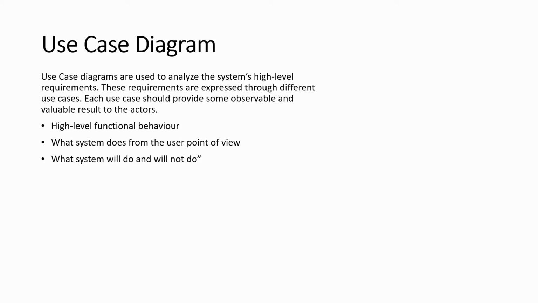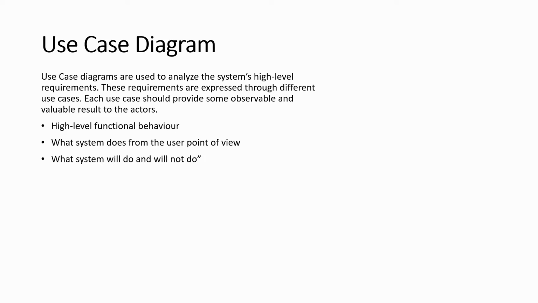So if we try to make a use case diagram, or if we talk about use cases, what use cases will the system have? Let's say I should be able to create a user, I should be able to update the user, I should be able to delete the user, and I should be able to search a user if I would like to search based on name, a first name or a last name.